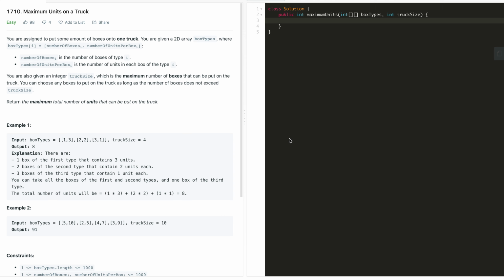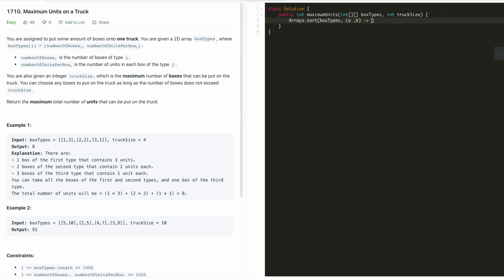So let's quickly implement the code. First of all we will sort the array using Arrays.sort on our boxTypes array. Let's say we have two different types of boxes, a and b.